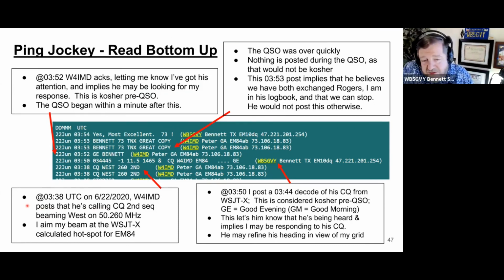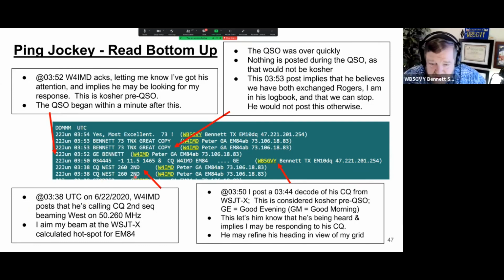And I see this, and so I aim my beam at the calculated hotspot for EM84 because all he entered was CQ 262 2nd, but because he's registered, it automatically displays his grid square here. And so I enter EM84 into the software, and it calculates the hotspot for EM84, and that's where I aim my beam. And then at 350,